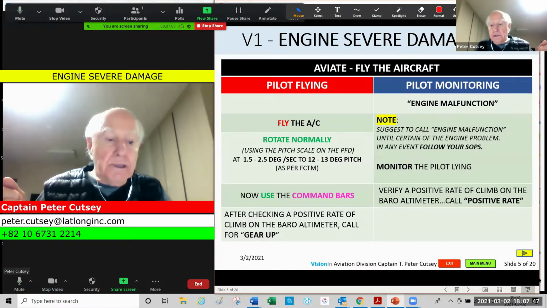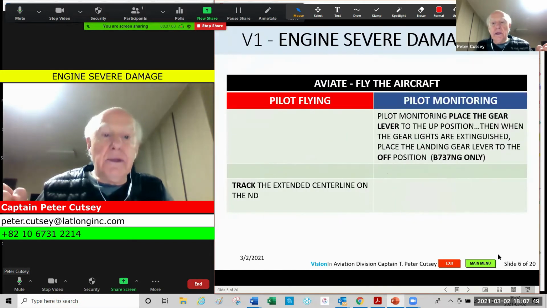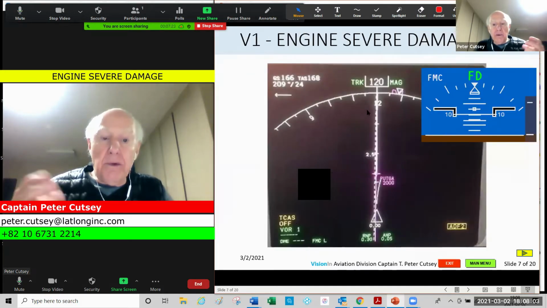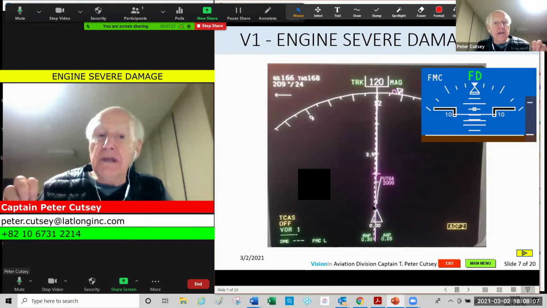All right. So on that command, the pilot monitoring will place the landing gear lever to the up position. When all the lights are extinguished, place the landing gear lever off. That's on the NG only. Track the extended center line on the nav display. Here we are tracking the center line as we mentioned in the engine fire